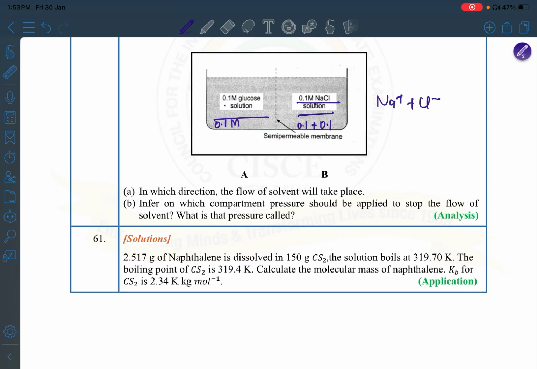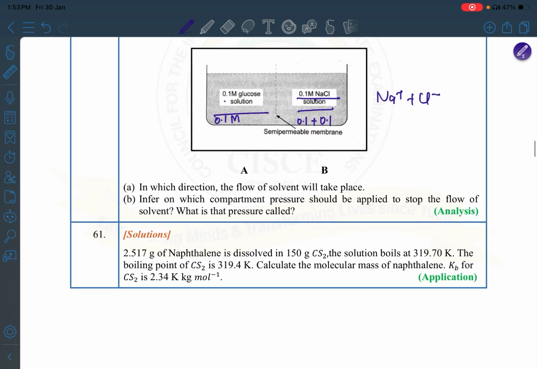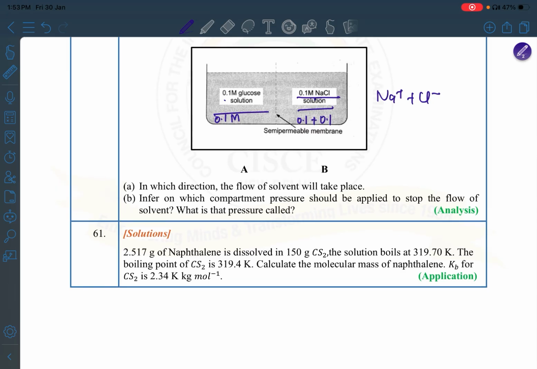Okay, so which will be the direction of flow of solvent? If it is A and it is B, as given, because it has a high number of moles of solute,